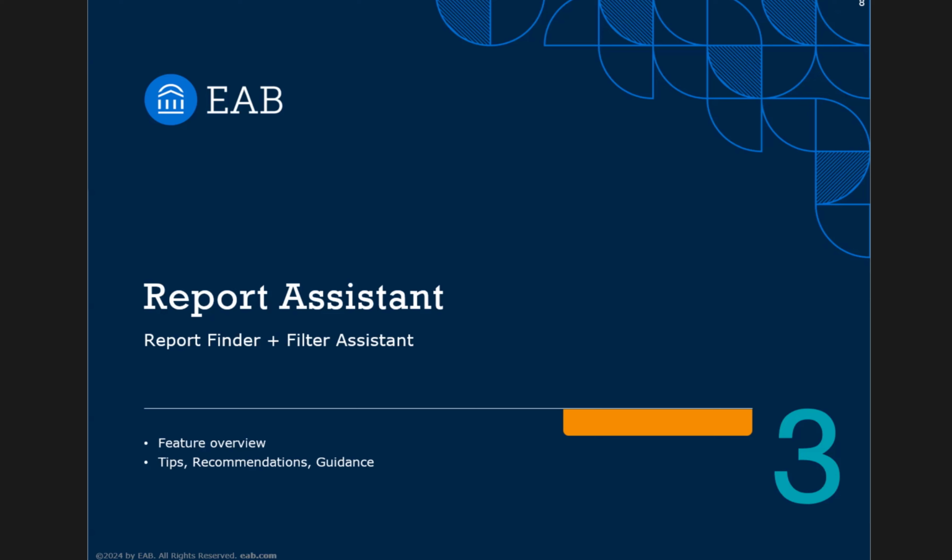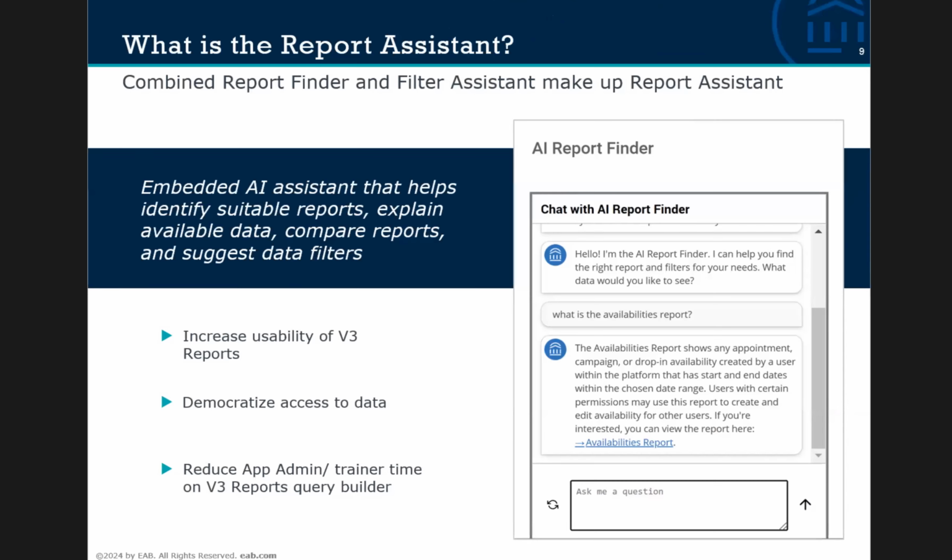This is where the report assistant can come into play to help. And so it really is two pieces, the report finder and the filter assistant. The report finder is there to help you figure out, I know I want to get to a certain type of information, but I don't know which report. There's 25, I think, Navigate reports in there. I don't know which report to go to. And so the report finder is there to help you identify what report may exist to help you get the answer that you want. So it's meant to be like a chat agent in there